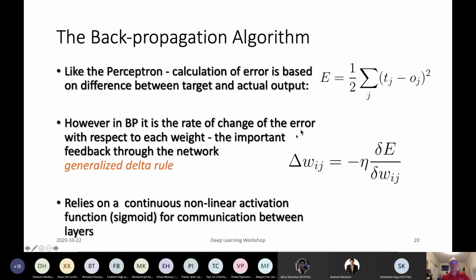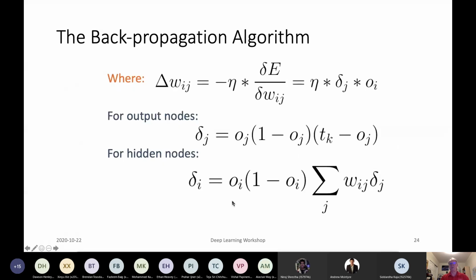Okay, so this really does require a continuous nonlinear activation function like that sigmoid function in order to work. There's quite a bit of mathematics for this, which I'd be happy to share more information on if you like. But suffice it to say that once you go through the mathematics, there's some fairly simple algebra that drops out of it for the algorithm.